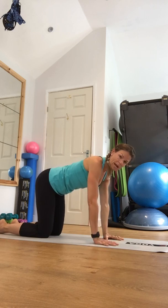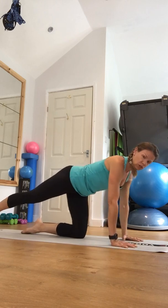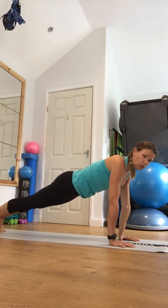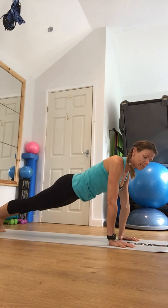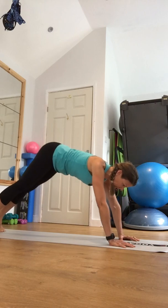Spread your fingertips wide. Make sure your hands are under your shoulders and then slide your right foot back to prepare for your plank, and then your left foot back. Pull the hips forward, lengthen the spine away from the hips. Keep the length in the neck and hold that plank. Take another inhale here, and then as you exhale, push your hips up towards the ceiling as you push the